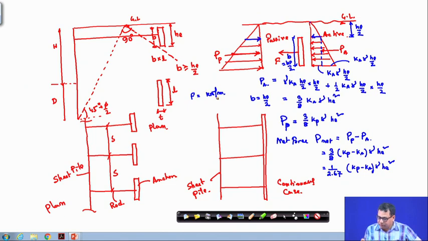So, that force is acting here. Now what I will do, I will take that force and put a factor of safety on it. So, this net force will balance this F. So, what I am doing is writing that for the continuous case,